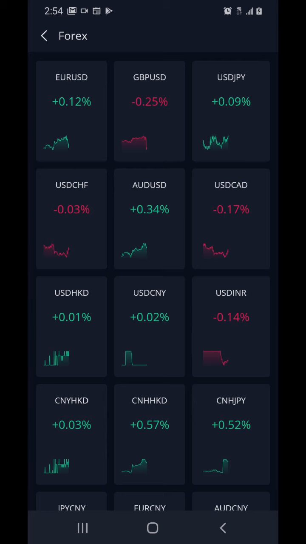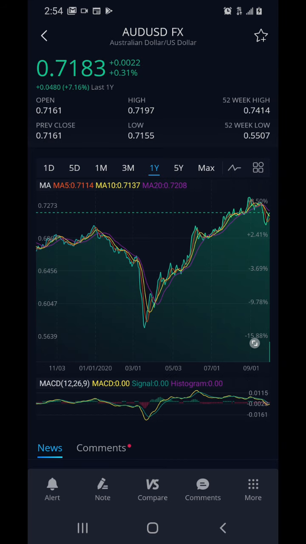USD AUD, which is the Australian US dollar. If you look at the population of Australia, how should I put it? It doesn't require a lot of debt to run the Australian economy. The Australian economy is minuscule, small,